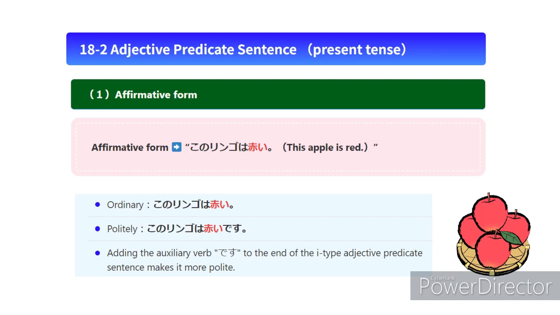Next, let's study adjective predicate sentences made using I-type adjectives. First, we will study the present tense. If you want to say, this apple is red in Japanese, how do you say it? Yes, it's easy. You say in Japanese このリンゴは赤い。 In Japanese, there are two types of expressions, ordinary expressions and polite expressions. Adding the auxiliary verb indicating polite affirmation to the end of the I-type adjective predicate sentence makes it more polite. このリンゴは赤いです。